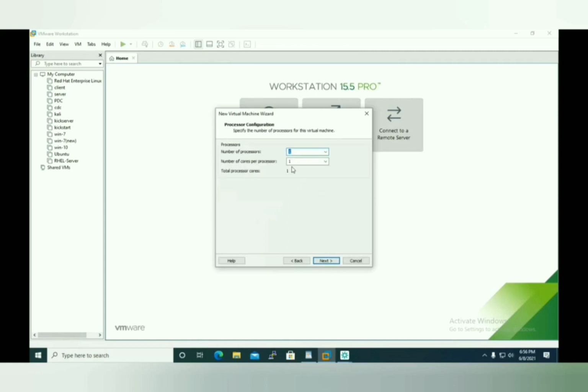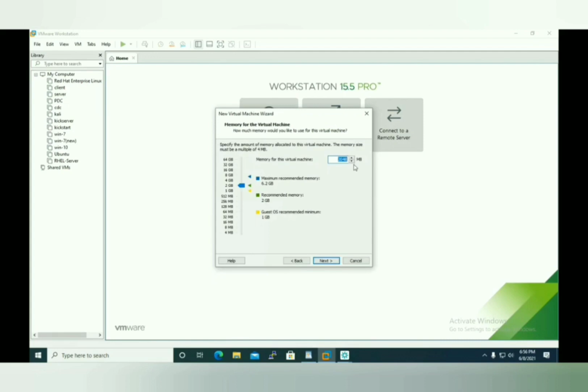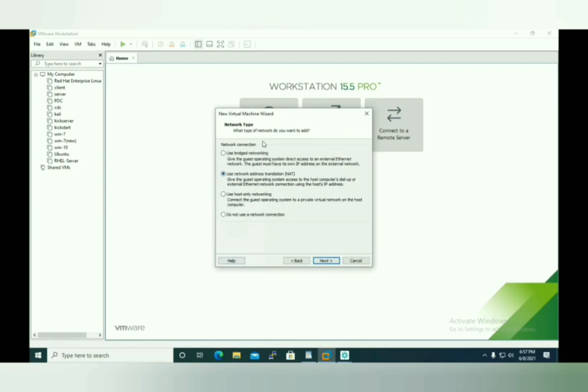Next, as I said, you can use any processor. One processor, one core inside a processor, is more than enough for Linux to be executed. Next, RAM size. In the case of a virtual machine, you can specify a minimum of 512 MB and a maximum depending on how much RAM you have in the physical machine. But let me go according to the base machine configuration step. At least we require 2 GB for GUI, so I'm giving 2 GB, 2048.